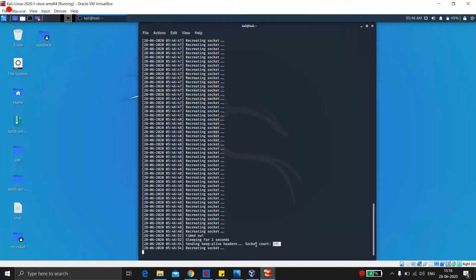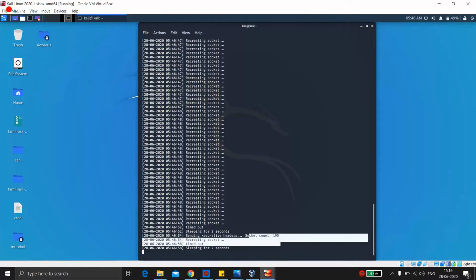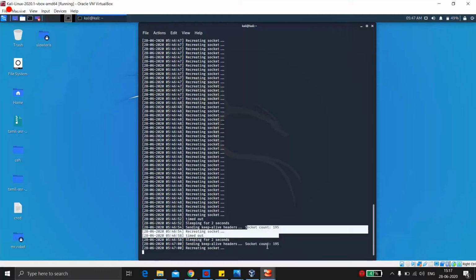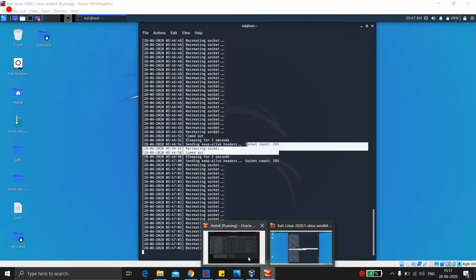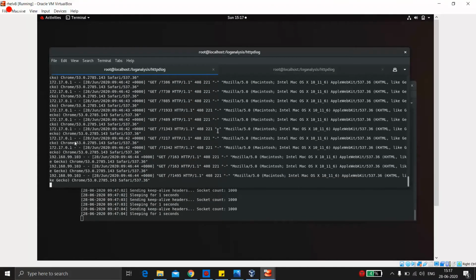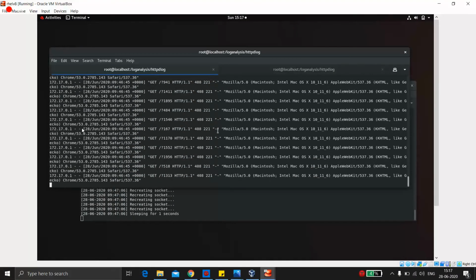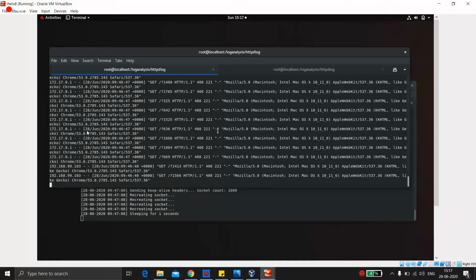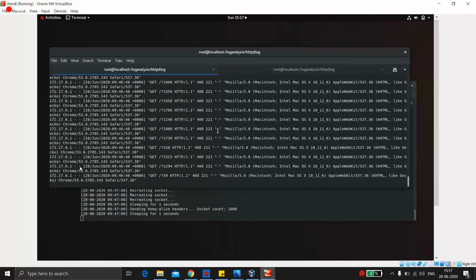It would gradually increase to around 1000. You can see in real time the logs are flooding. You can see this IP, I told you about this IP. This 103 is the IP of our Kali Linux machine. So currently our attack is on. Our web server is flooding right now.